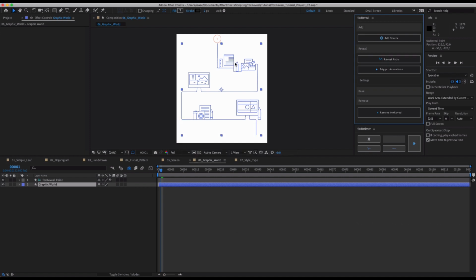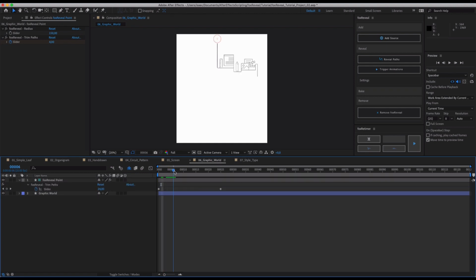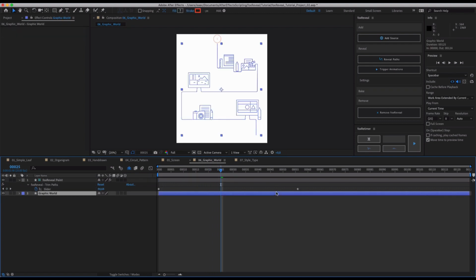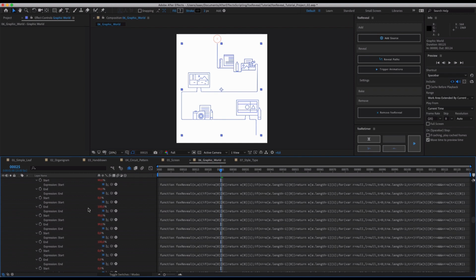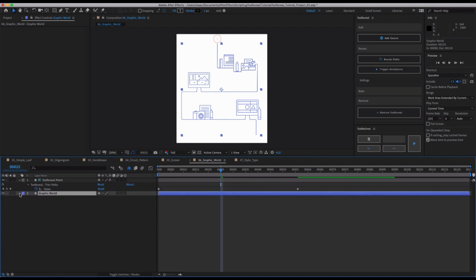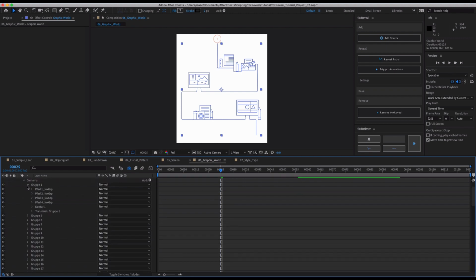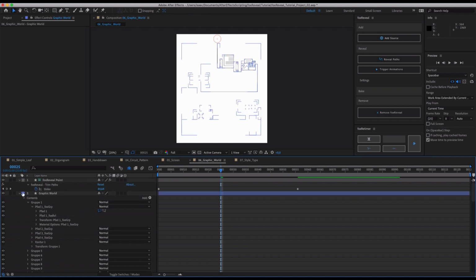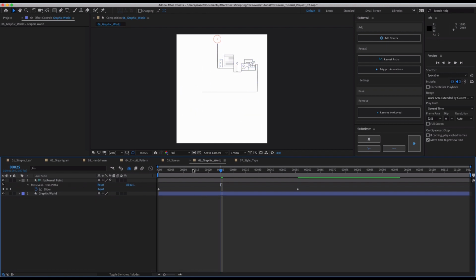Okay, and as you can see, we sped the recording up a little bit just to limit our waiting time. But as you can see, foxReveal also reveals really complex shapes with, let's just look at the expressions, a lot of path reveals. And as you also can see, what we talked about, it will group every single path inside a group and add its own path reveal trim paths to it,